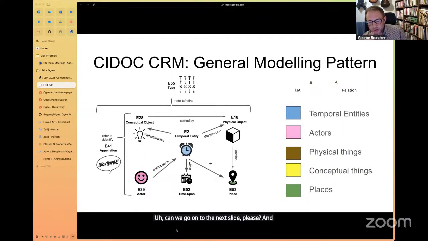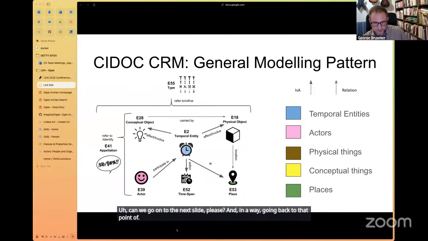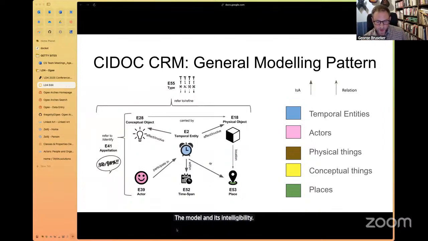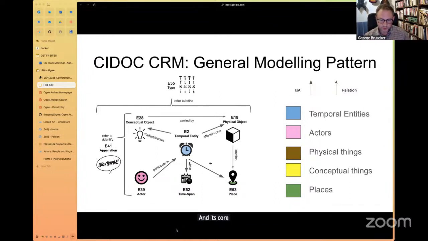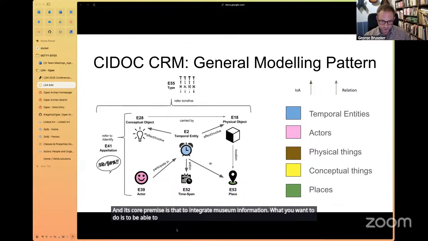And in a way, going back to that point of the model and its intelligibility, it is an abstraction of museum information, and its core premise is that to integrate museum information, you want to allow people to talk about the history of things through time.